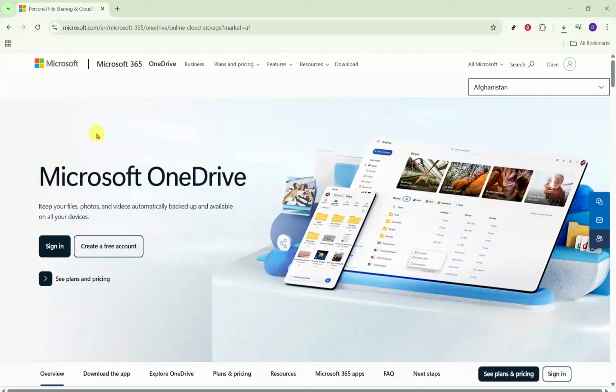In today's video, I'm going to teach you how to make OneDrive files available offline. By the end, you'll know how to save copies of your OneDrive files to your computer so you can open them without an internet connection. We'll do this right from the OneDrive website,